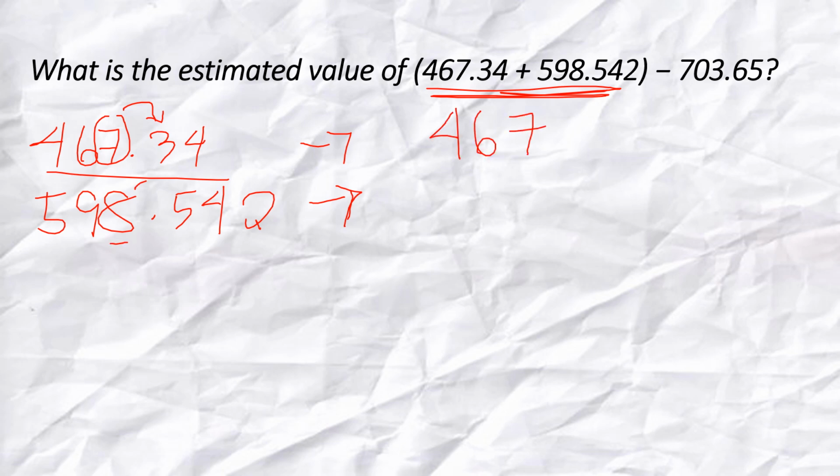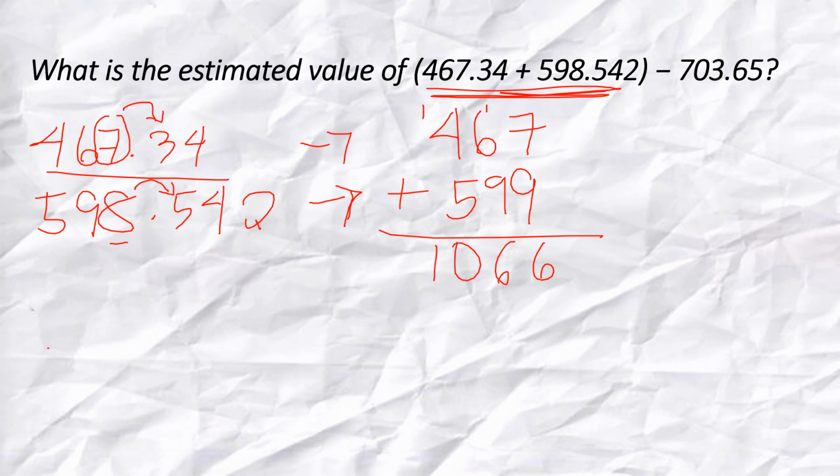This is 8. The number beside it is 5, so round up, so it will now become 599. So add 9 plus 7 is 16. 6 plus 1 is 7. 7 plus 9 is 16. Carry 1. 4 plus 1 is 5. 5 plus 5 is 10. So the answer is